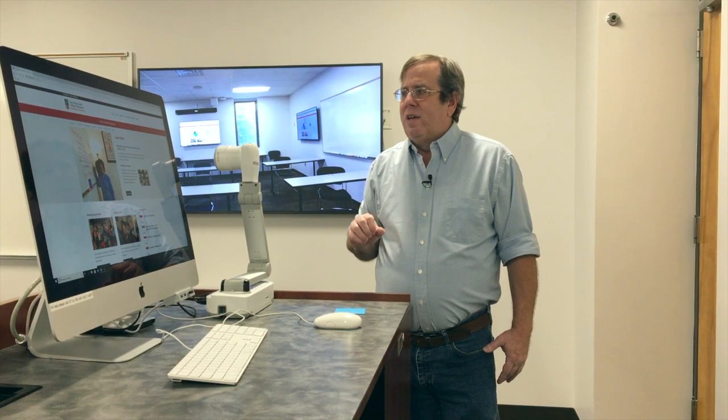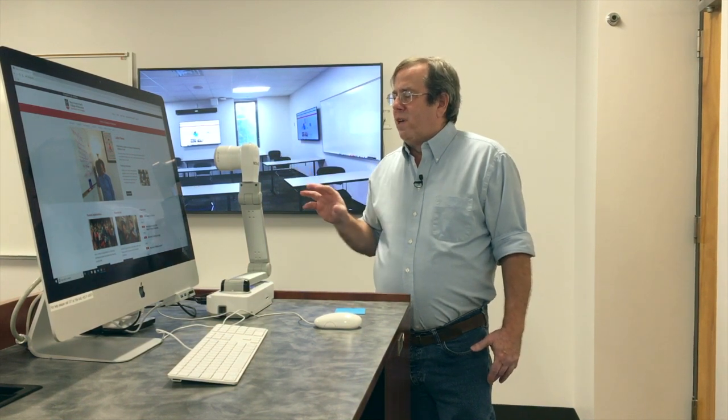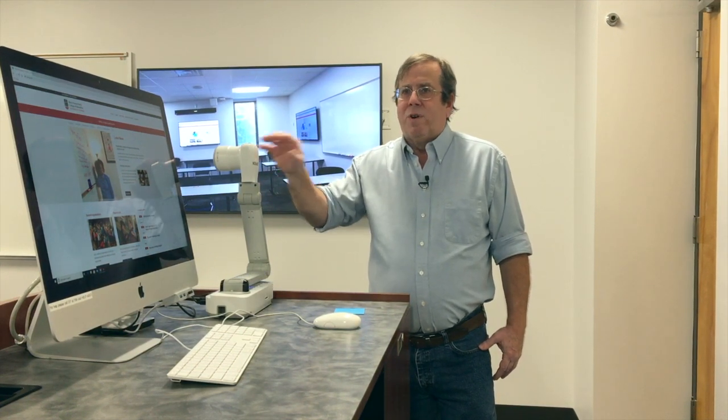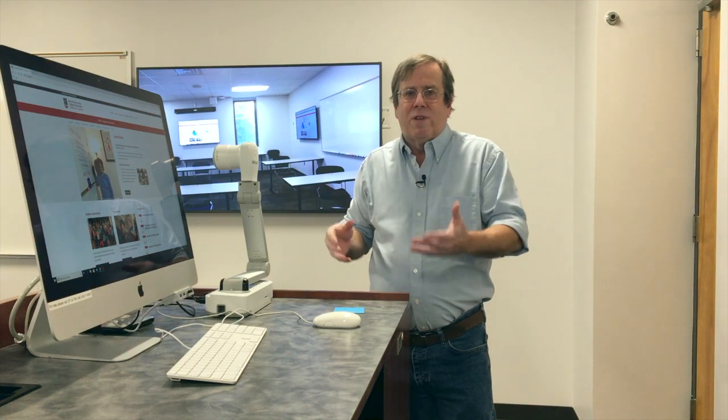If I want a little wider range, or I'm in a room that doesn't have the whole room speaker set up, this microphone in here will pick up in about a 15-foot radius. So that covers about half of this class. It probably would pick up the far corners, but not as well. So that's just a selection that you do in Zoom as to which camera you want and which microphone you want.